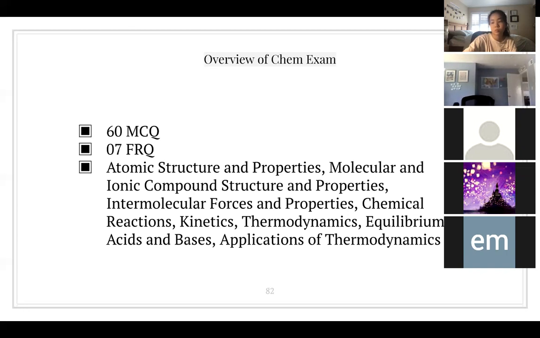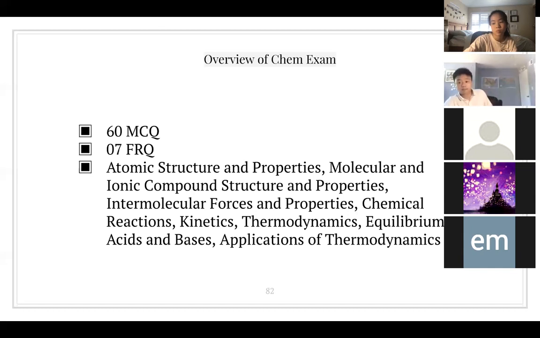So the topics that you will be going over in the exam, class, whatever, are atomic structure and properties, fairly simple stuff like proton, neutron, electron, their properties, values, etc. Then you got molecular and ionic compound structure and properties. Here we're talking about Lewis structures, bonds, physical versus chemical properties. Then you got intermolecular forces and properties. So you'll be hearing stuff about like London dispersion forces or hydrogen bonds, and how they contribute to making a